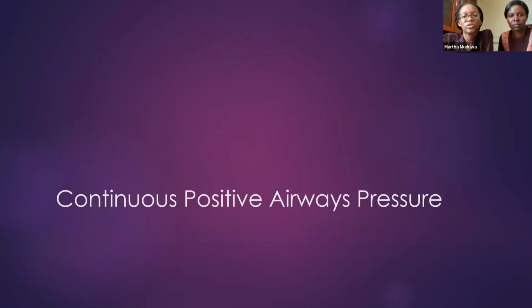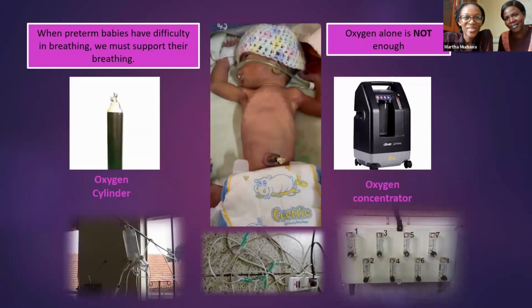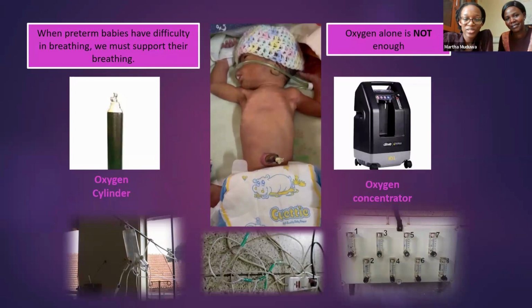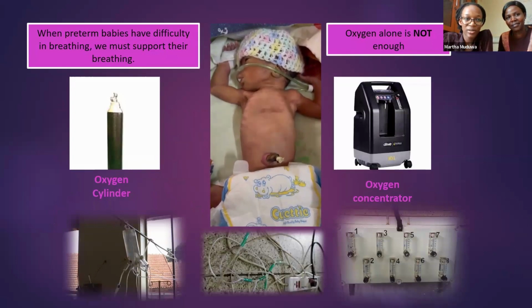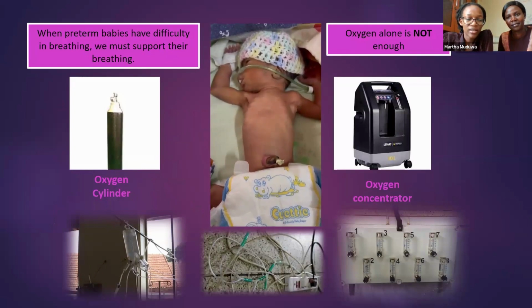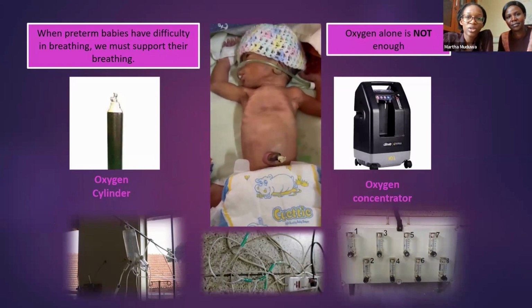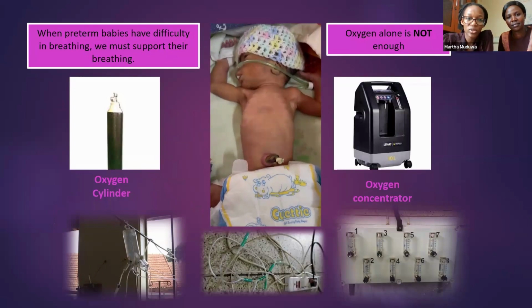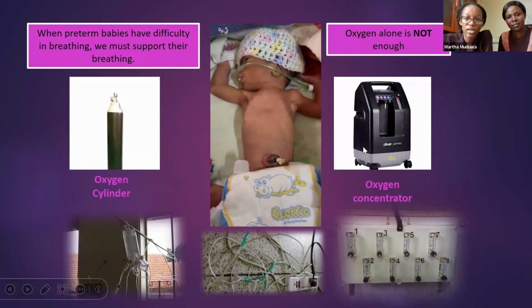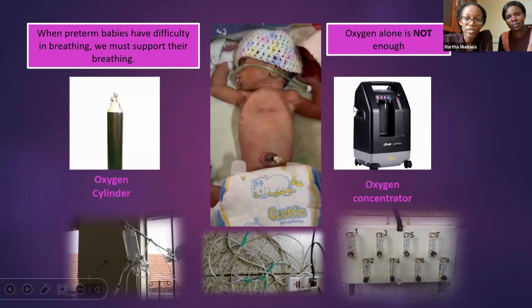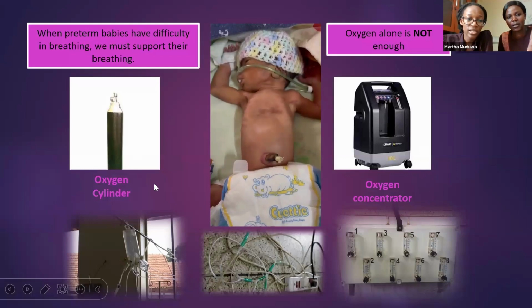So CPAP is continuous positive airway pressure, and it's just the definition of what CPAP is. So babies who have respiratory distress, the baby we've just mentioned above, and like a baby in this video here, they need support that is beyond oxygen. So here are some sources of oxygen that you would find commonly in our setting. So you can have concentrators, you can have oxygen cylinders,